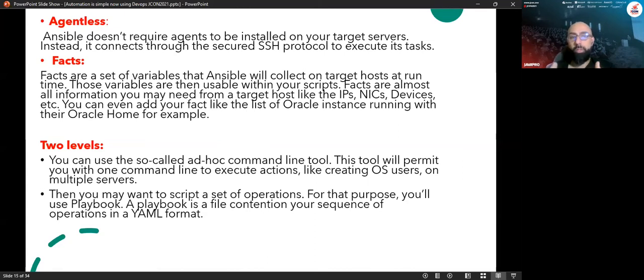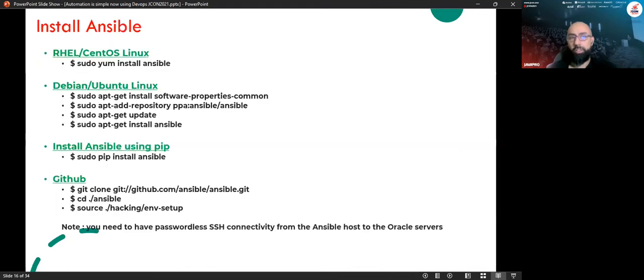Or for example, you need to install something or run a command on Ansible. This is also a predefined module. In case you need to copy a file, this is also a predefined module in Ansible. There are more than 100 predefined modules in Ansible, all of them documented in the Ansible documentation as well.